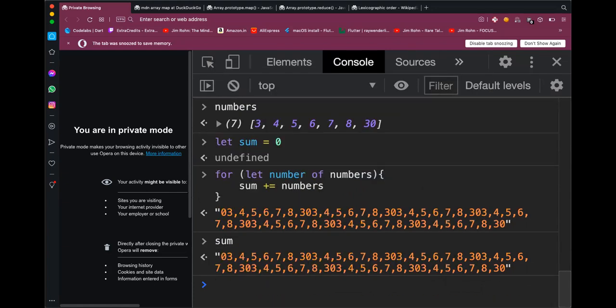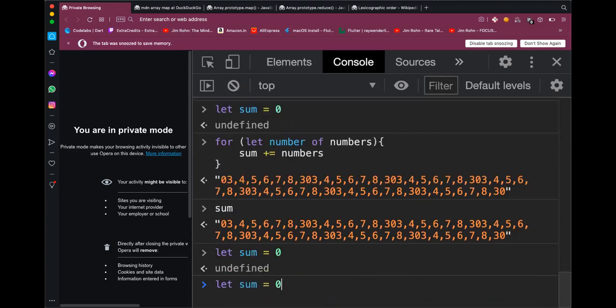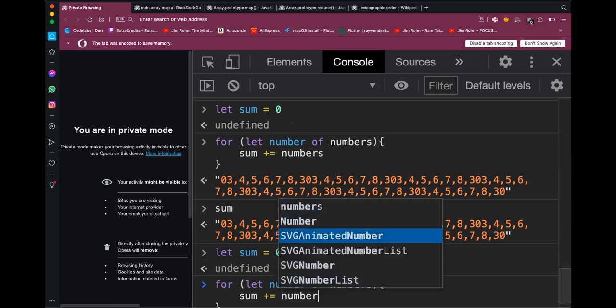Okay, I made a mistake. I concatenated the entire array. Wait, let me go back. Instead of numbers, I will just do number. Okay, now it will be correct.